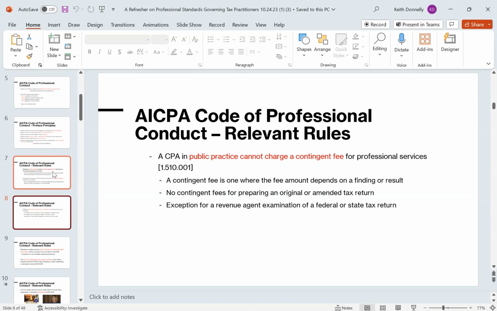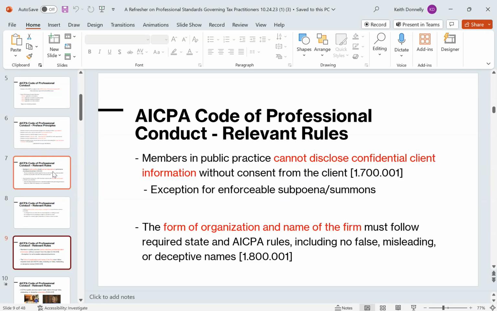The exception, and we're going to see this, is if somebody comes into your CPA firm and says, hey, my return got audited, or I'm being charged interest and penalties by the IRS. Can you please save me? In these situations where they're basically in trouble and you have to come in and help them, then and only then can you charge a contingent fee. So, hey, you have interest and penalties. For every dollar we save you in those interest and penalties they're charging you, the fee is going to be 70% of that, okay?